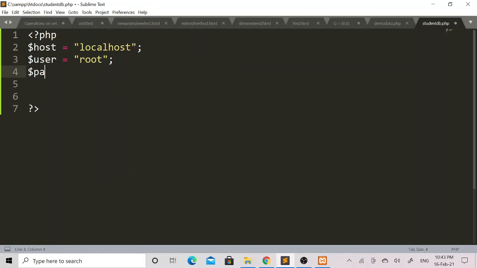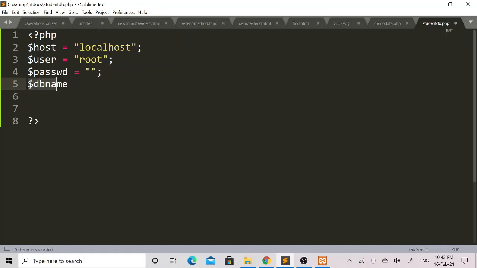Then I will take the passwd variable to set the password. Here I haven't set any kind of password to connect to the database, so I will keep this password field blank, so that I assign a null value to the passwd variable. Then I will mention the db name, that is the database name.